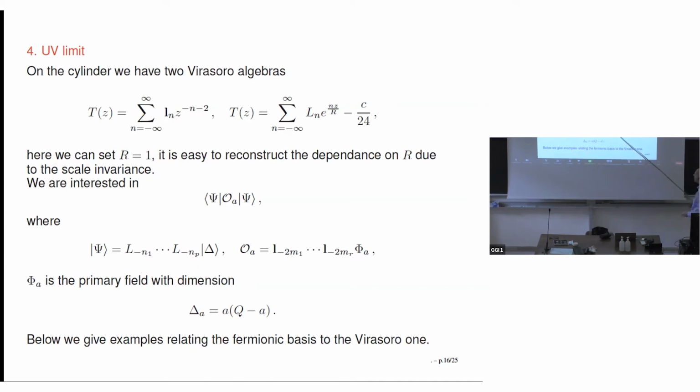So I take all the descendants created by Virasoro generators with even indices, right? So the number is the same, and it's okay. You can show that they are linearly independent. So then phi is the primary field of this dimension, and here